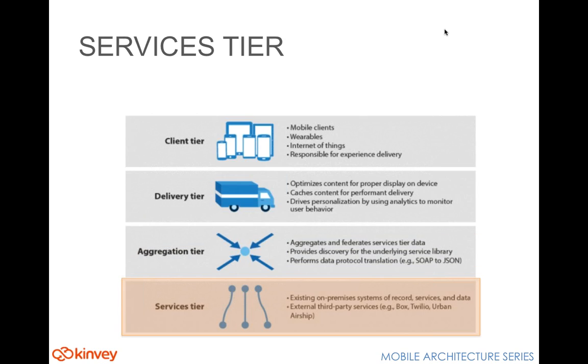And finally, you have the services tier, which is your existing tier from the client server architecture that connects to your systems of record. Any other enterprise services that you have, for example, an identity provider is a service that you have available across all your applications. That's another system of record. So it's not just data, but security and other types of services and so on that are available in this